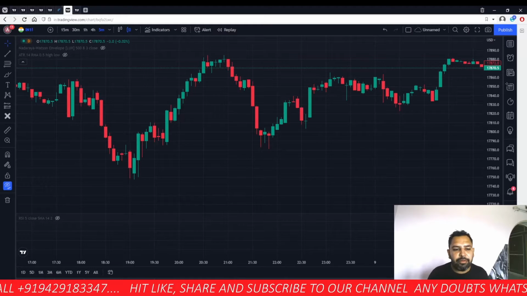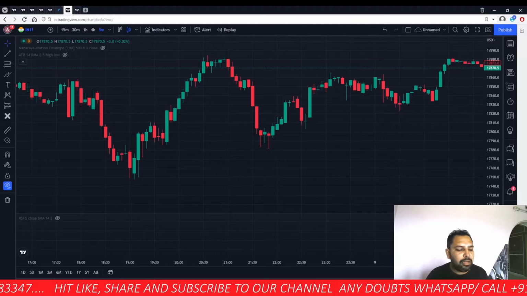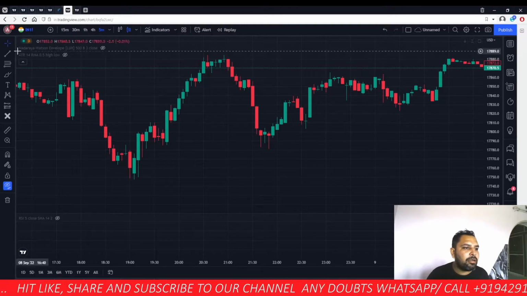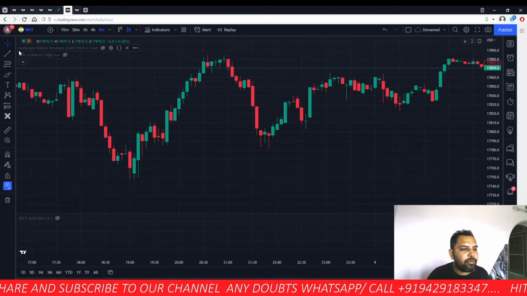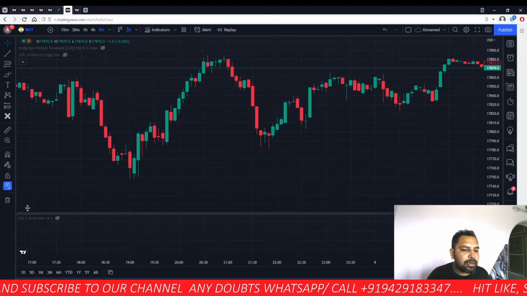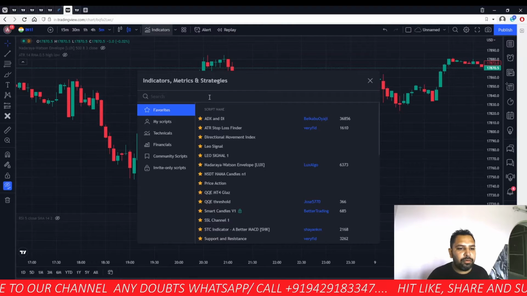We'll check one by one, and for this strategy we'll use three indicators. The first indicator is the Nadaraya Watson envelope. Second is ATR, which is for stop loss, and third is RSI. So I'll show you. Here you have to write